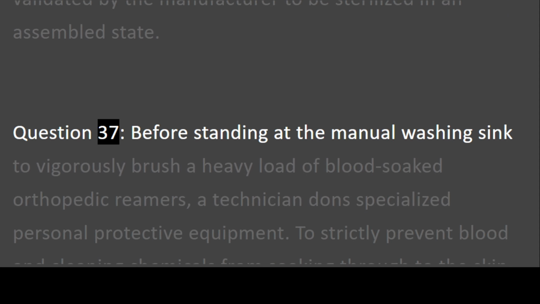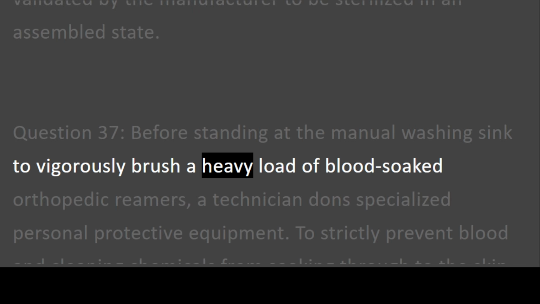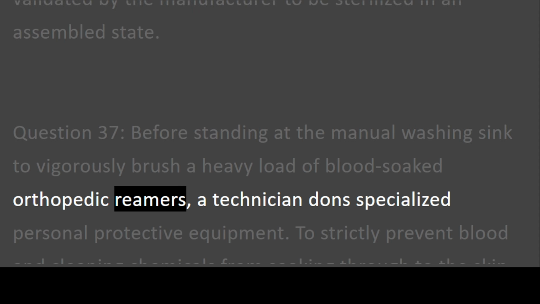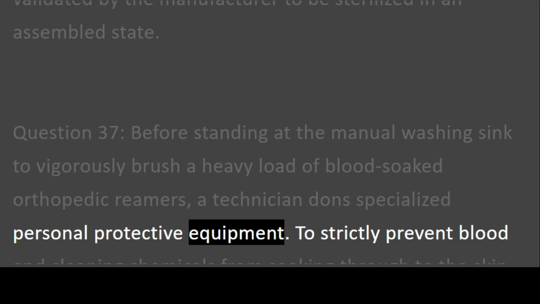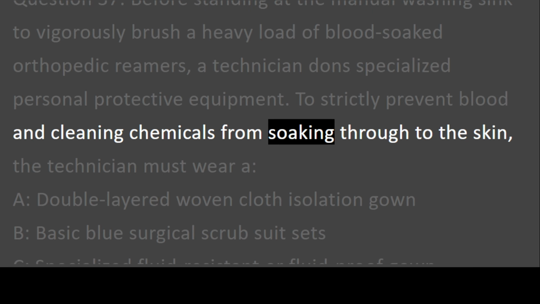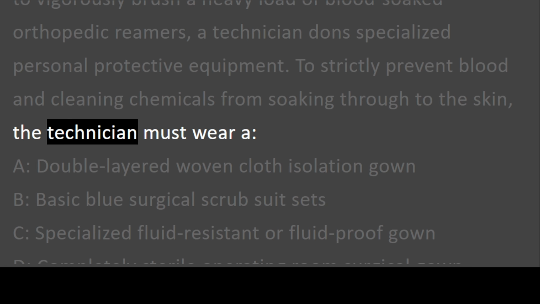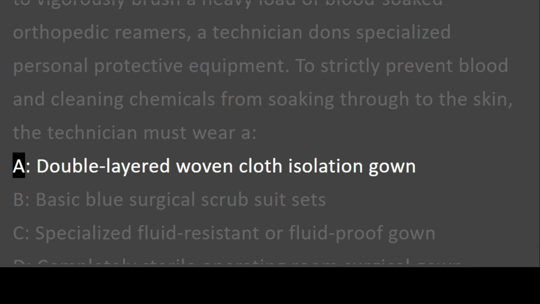Question 37. Before standing at the manual washing sink to vigorously brush a heavy load of blood-soaked orthopedic reamers, a technician dons specialized personal protective equipment. To strictly prevent blood and cleaning chemicals from soaking through to the skin, the technician must wear: